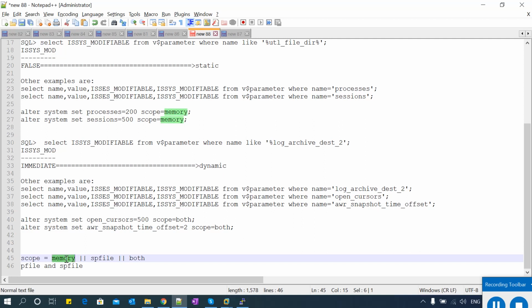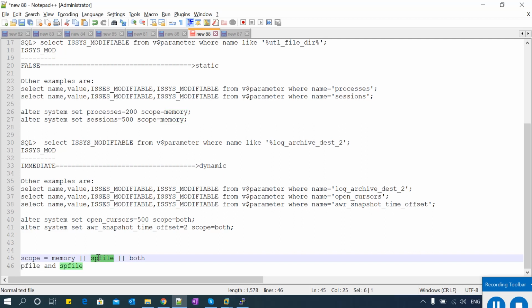So for temporary purposes, if you want to set it as long as your database is up and running, this memory can be used along with the sp file. For example, alter system set open cursor equal to 500, scope equal to memory, you can set it as long as your database is started with the sp file. Suppose your database started with the p file, you cannot use this memory option.